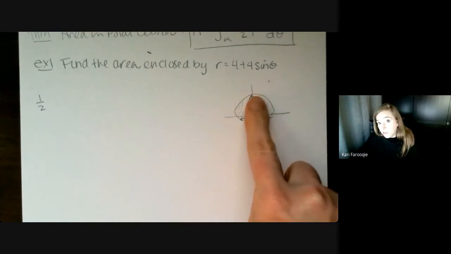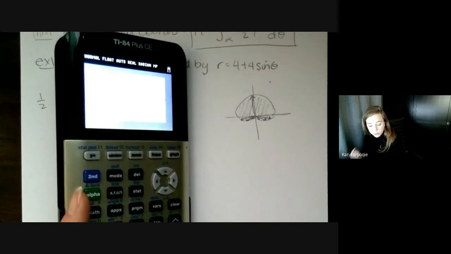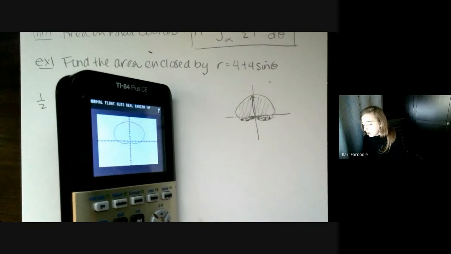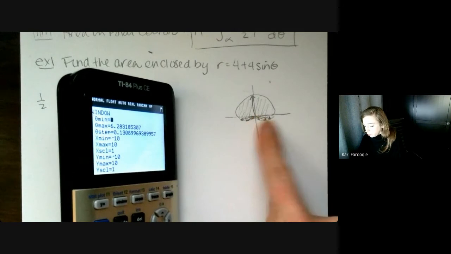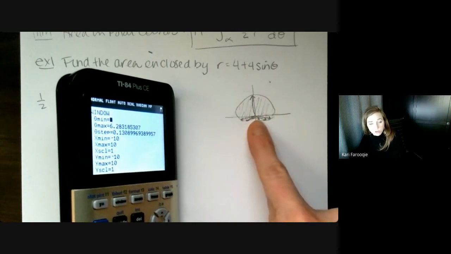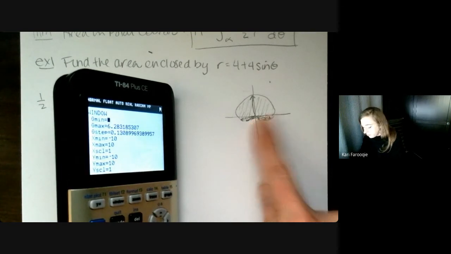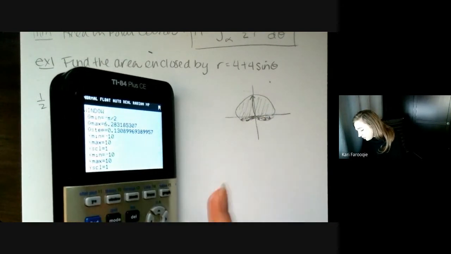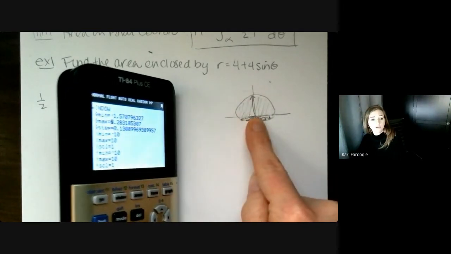Note that if I wanted to start the graph at pi over 2 and end it at pi over 2 plus 2 pi, I could do that also. It would just start being graphed in the same place. Let's say I wanted to draw this graph from negative pi over 2 to positive 3 pi over 2. I could do that also. So you actually have a lot of different options available to you when you're setting up your integration bounds. If I wanted to go from negative pi over 2 all the way up to 3 pi over 2, I could also graph this whole thing.